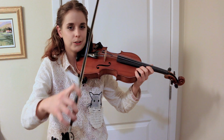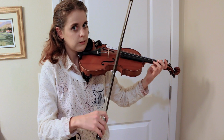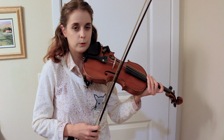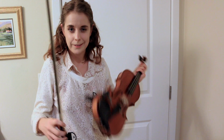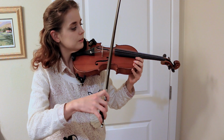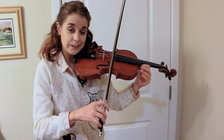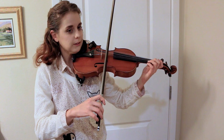So as I start to increase tempos, I go from the big movements to just a wrist movement. It's an awkward thing to practice. One thing that I would recommend is to just play it slowly, but to just do it with the wrist. It's super awkward when you're first starting, but let's see, it would sound like...